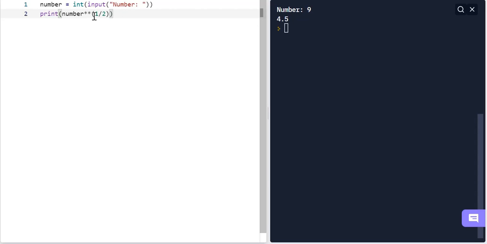So we have number to the power of 1/2 in parentheses. And if we did remove these parentheses, what it's basically doing is number to the power of 1, which is the number itself, divided by 2. And we see that this 4.5 is basically half of 9. And so that's basically what's going to happen if you don't have these parentheses around this 1/2. Which means number to the power of, in parentheses, this whole exponent 1/2, which also means square root of